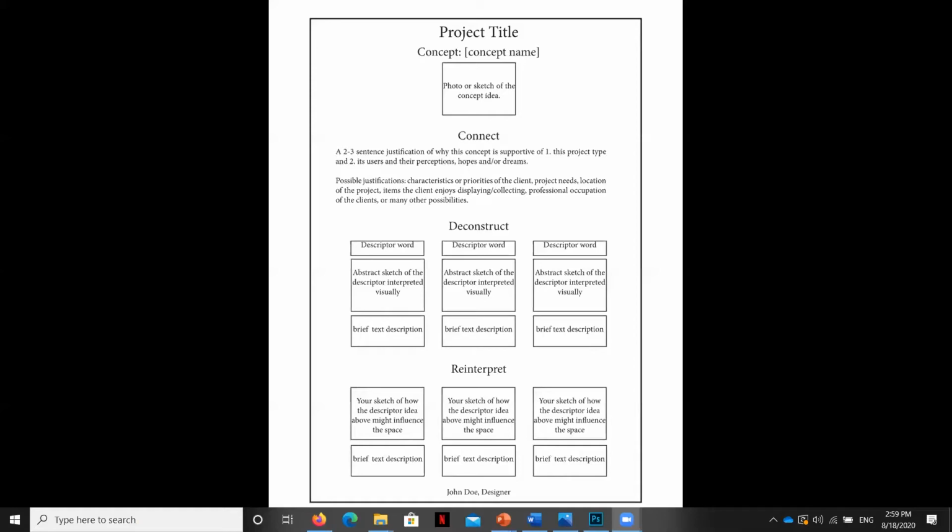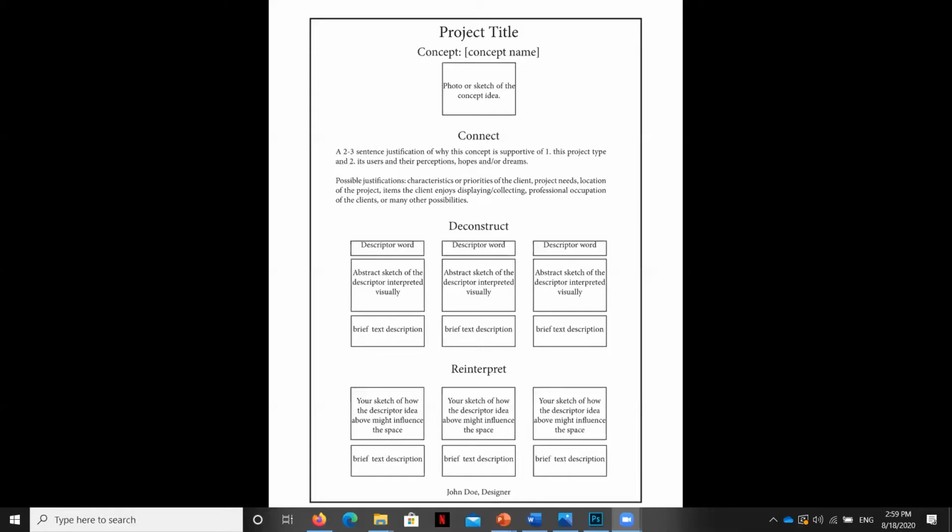A little thumbnail sketch under the reinterpret category might be where you can show how you're thinking about these concepts applied to a physical space. And once again, a brief text description will help your viewer and really help you be able to think about this in a more succinct way.